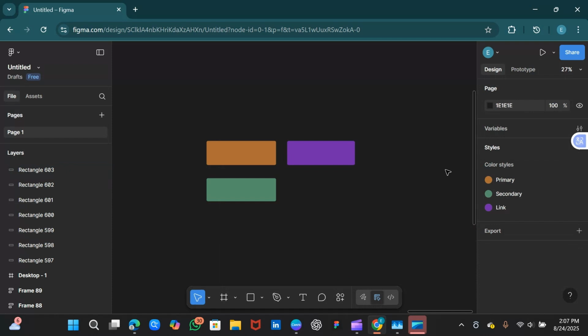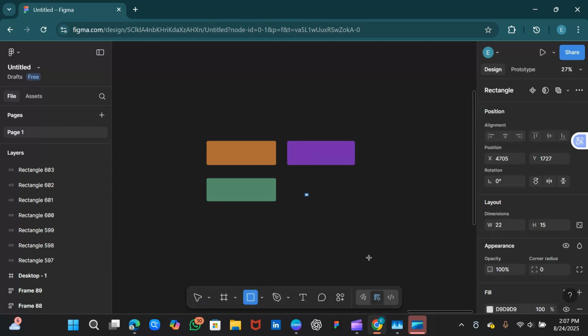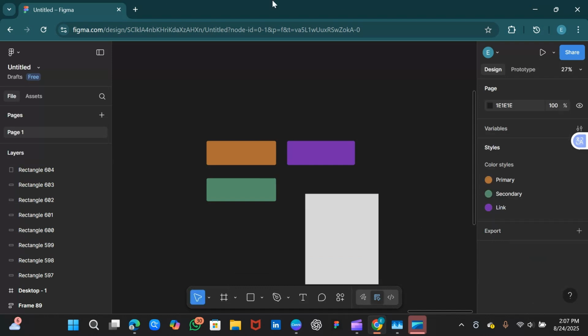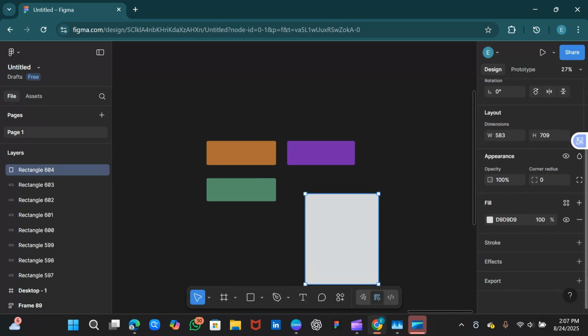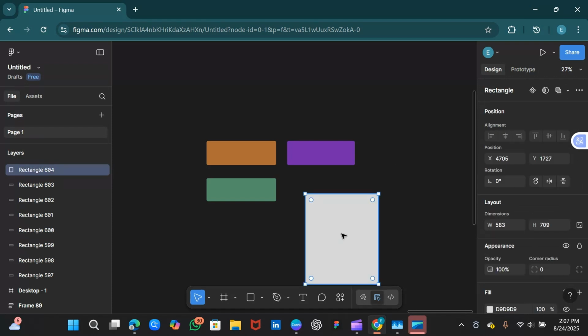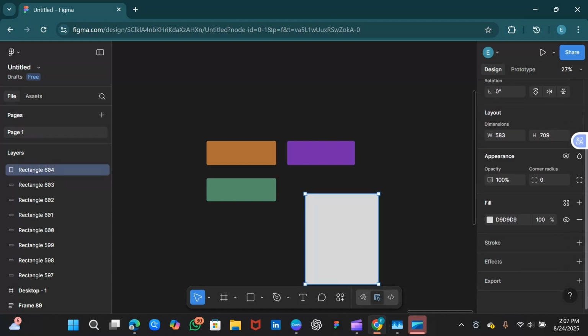So you can see when I click on any empty space on the file, you can see that the styles are here: primary, secondary, and link. So you can use them anytime, anywhere you want. So let me just create something here. Let me just drag here, and then I'm going to pick one of the colors I've created. I don't need to go back to fill here and then try to get the colors that I want again. I'll just click on this, and then I'll go to where we have the fill, and then we have this apply styles and variables. So I'm going to click on it